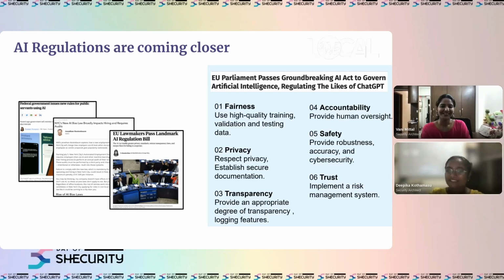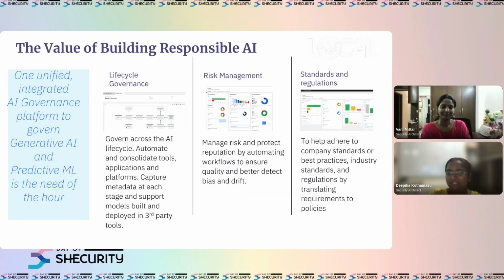A lot of these regulations are coming together. One such example here is the EU Act, which looks at all of these pillars, like ensuring there is fairness, just like we have a referee in a game, or a teacher keeping students in line, wherein we know there is transparency and accountability. So let's move on and see how AI governance can build that trust.